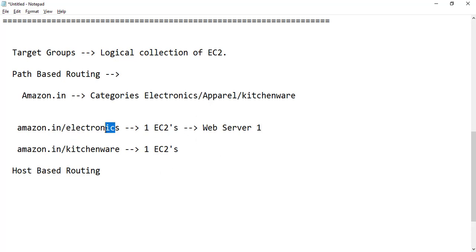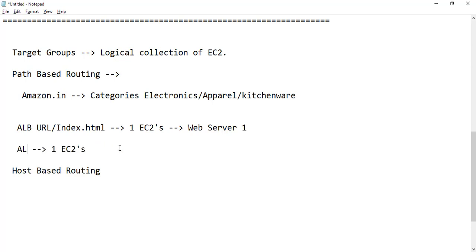So now my URL would be like this: the application load balancer URL, which will go to index.html by default, and it should go to the first web server. Then the ALB URL with index.html/image should go to the other EC2, which is web server 2.